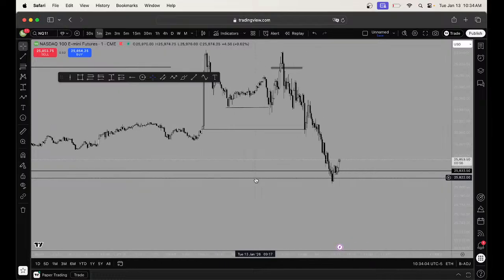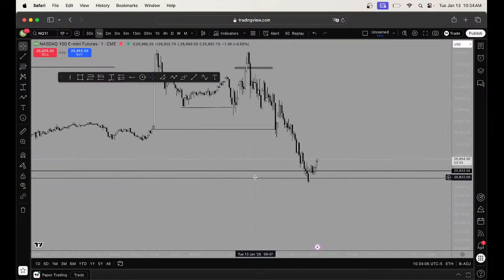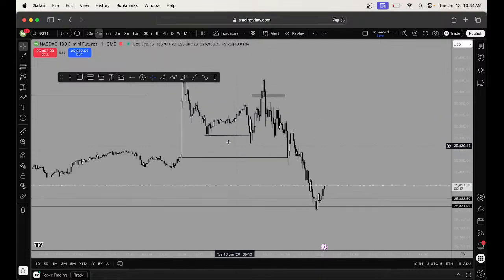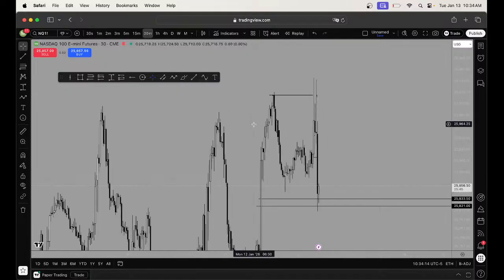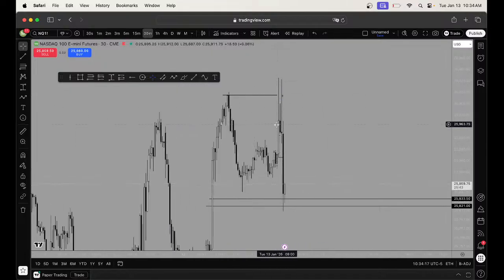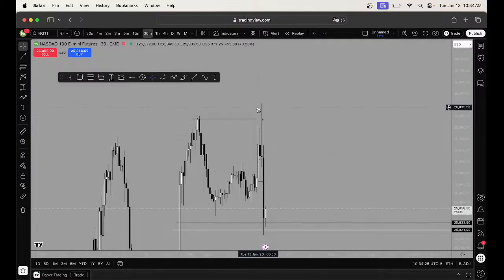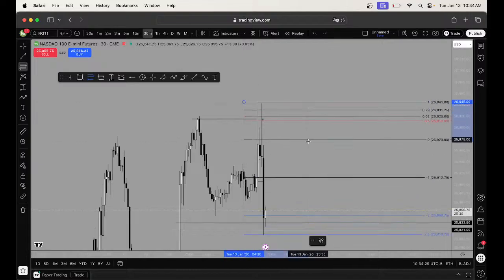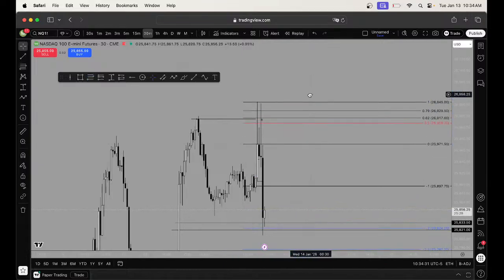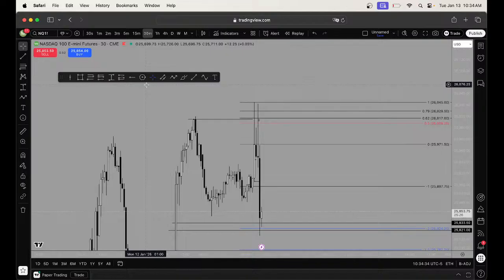Hopefully today was educational. I woke up late. But it kind of looks like I wouldn't even trade this, to be honest. Actually, I would, because of this rejection wick right here. Manipulated 930, manipulated higher. Once we get this wick, sometimes what happens is we don't even take that high. That's why you kind of gotta look at the higher time frame. But yeah.